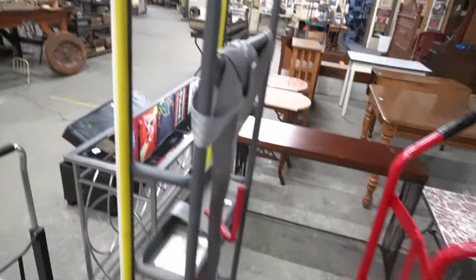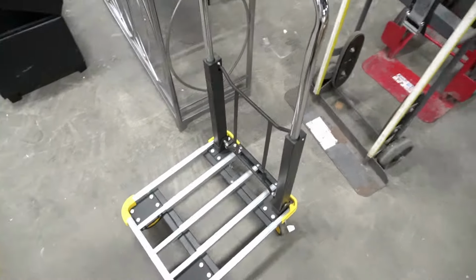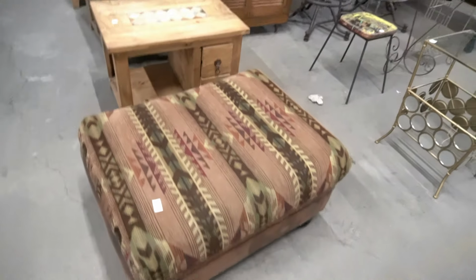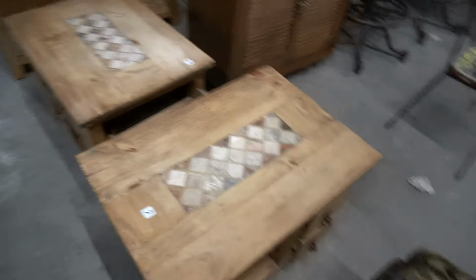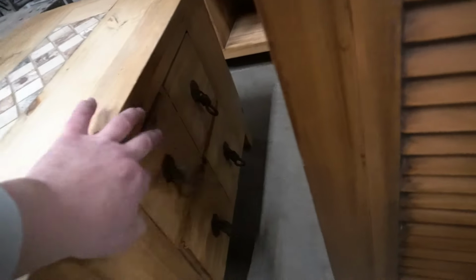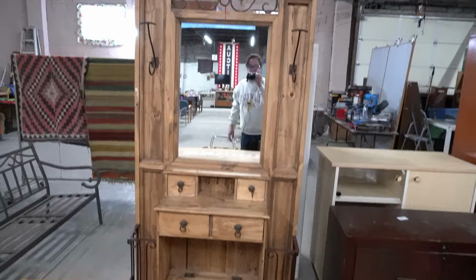A couple of dollies, that's a killer dolly, appliance dolly, and this cute little guy. Very handy. That's cool, kind of cool. Southwest Ottoman, nice Southwest like pine furniture. These are really neat. Look how these fold up. It has these little drawers here. That guy, that hall tree,